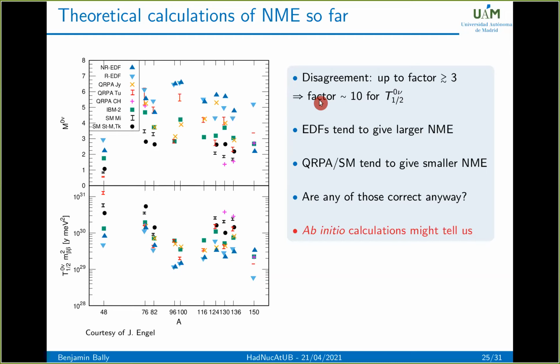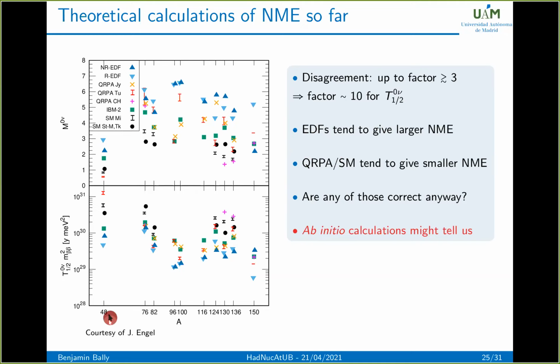And so the thing is, people have computed nuclear matrix elements for a long time. Here you have people in Spain, for example, Tomas in Madrid using energy density functional, and people also using the shell model, obviously. But one of the problems is that all the methods, shell model, QRPA, EDF, are all in a sense phenomenological, and they have a strong disagreement.